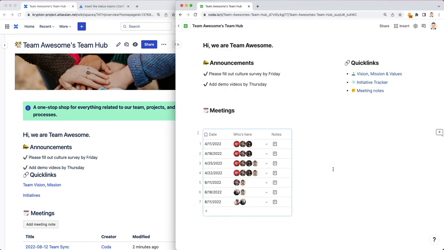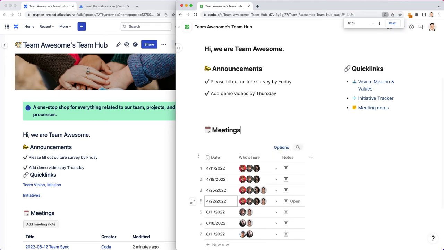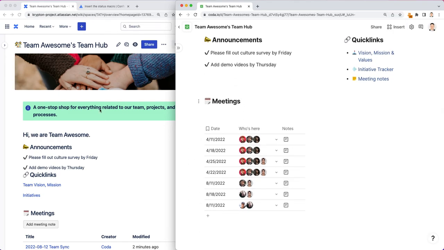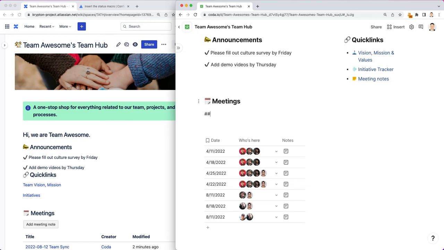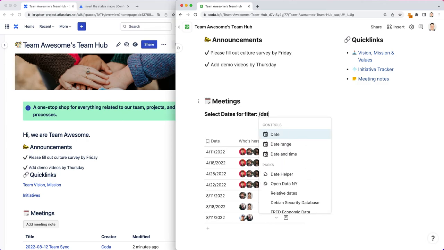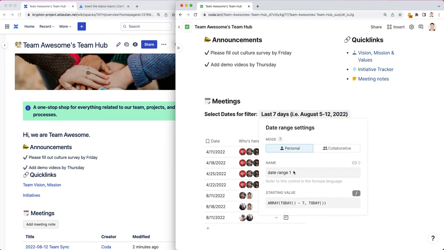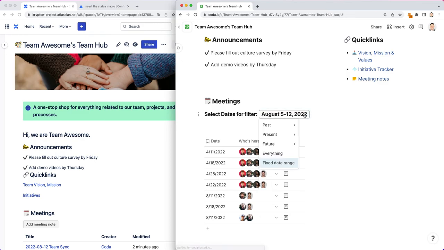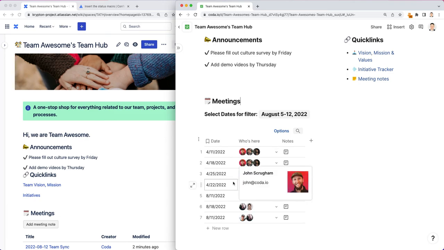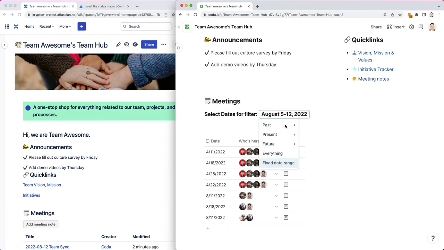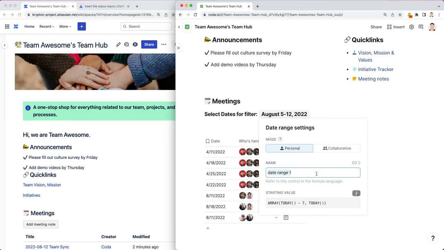Okay. So what if I want to give my teammates the ability to filter this list of meetings by certain dates? So what I can do is down here, I can say select dates to filter for filtering. And I'm going to create this date range picker. And I can basically connect this date range to this table. So I'm going to call this date range,